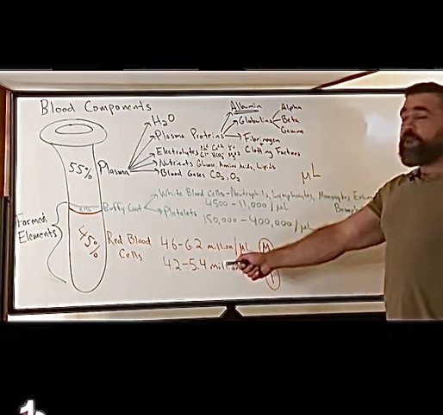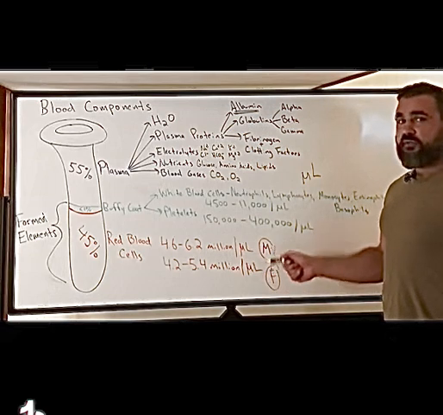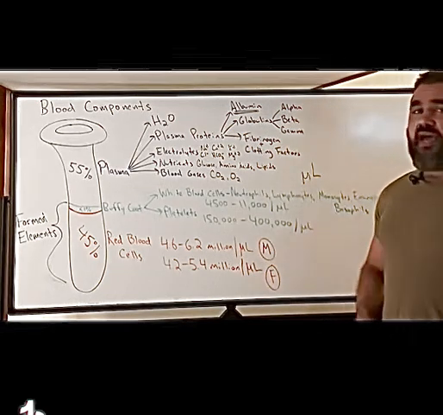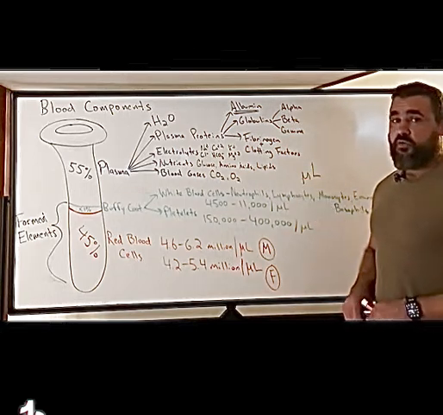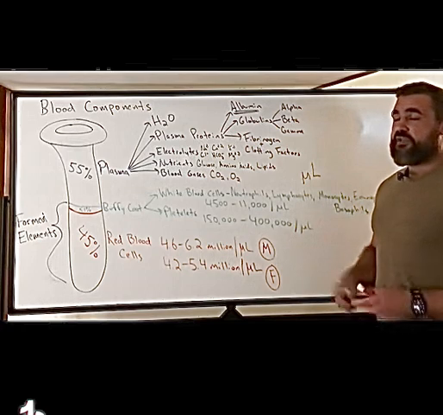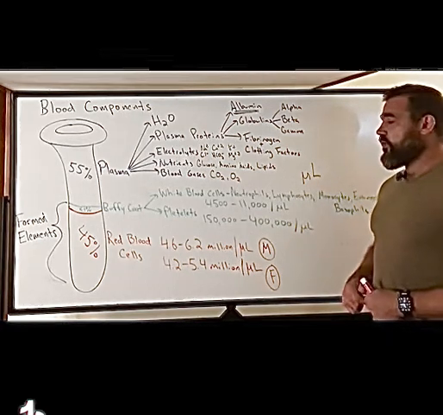If you look at red blood cells, millions per microliter, you see 2 different numbers here for males and females. Males tend to have more red blood cells, and that's because of androgenic hormones like testosterone. Do females have testosterone? Of course. But males have more, so more androgenic hormones,